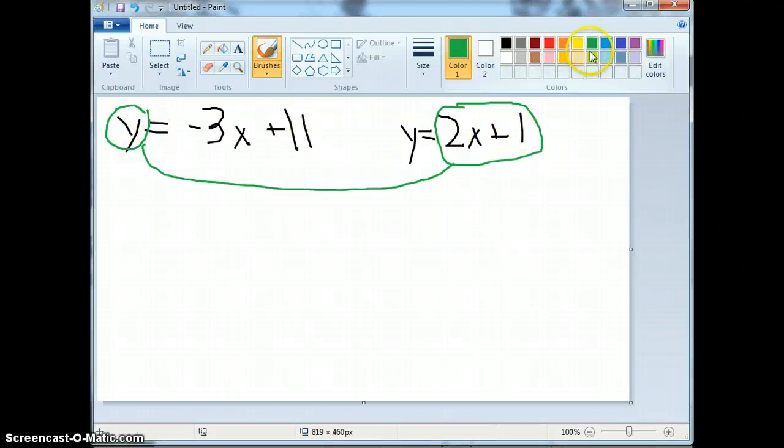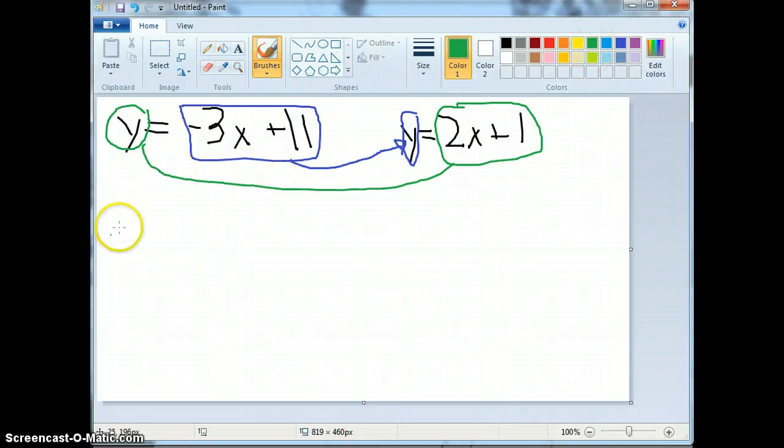Or conversely, you could do it the other way. Let me use blue. You could say y equals negative 3x plus 11. That's the other backup, and you can put them into this y right here. Okay, so what I'm going to do is I'm going to do the green one, just because I feel like green, and green's kind of like my color. Alright, 2x plus 1. Okay, see how I substitute it, is equal to, let's switch it back to normal colors, negative 3x